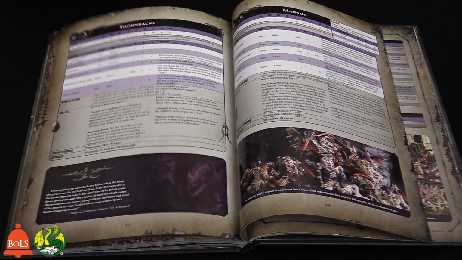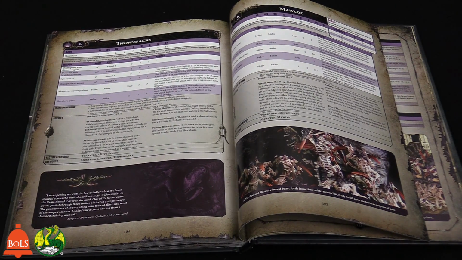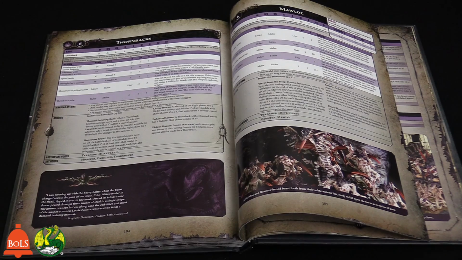And then finally, we also have the Thornback. The Thornback Carnifex is really good at smashing through hordes on the charge. It gets bonuses and stuff like that. But it also carries Death Spitters, Devourers. You choose one of those. Yeah. And then Scything Talon. So it's kind of a mix between...